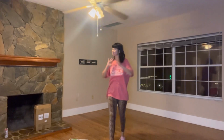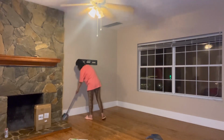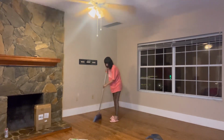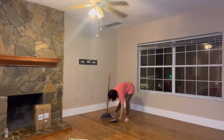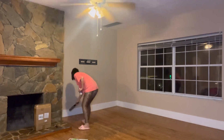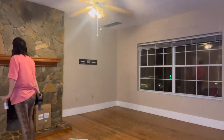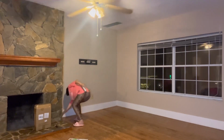Now it's time to get to work cleaning. Not the fun part, but we gotta do it. It was definitely a mess, lots of dust, and not as dusty as Arizona though. At least it's not a desert dust. But yeah, I'm psycho, and I cleaned the fireplace with a brush,